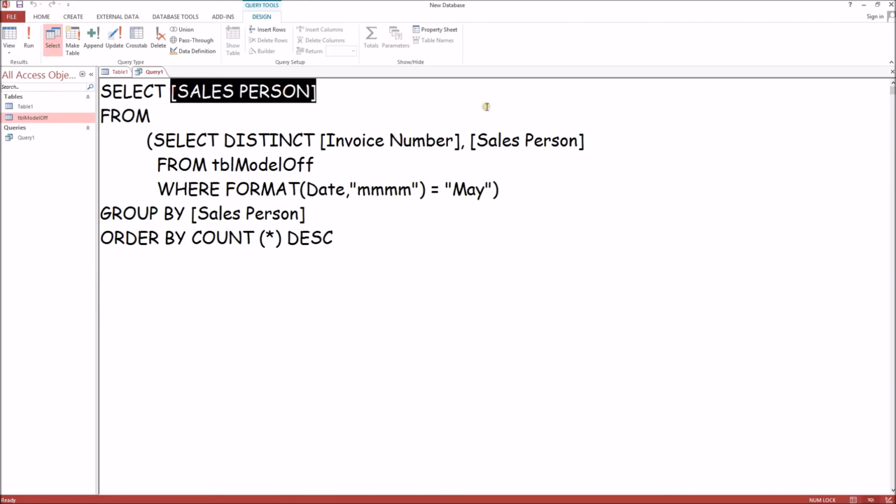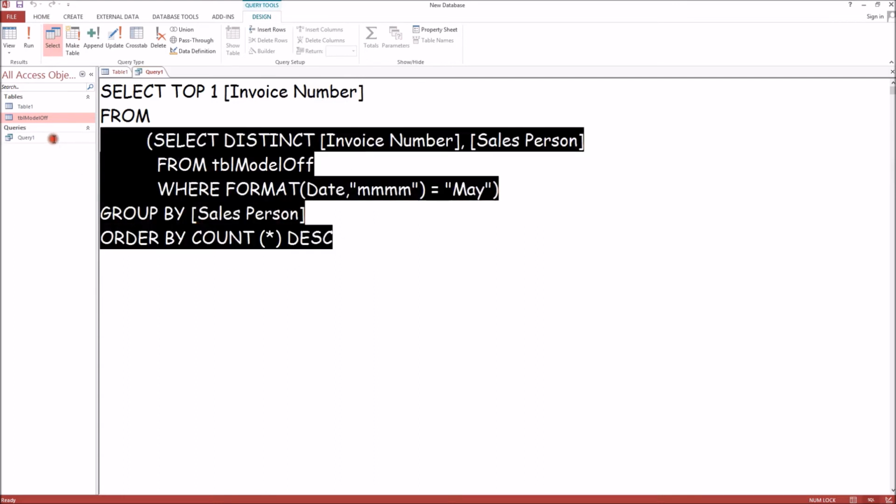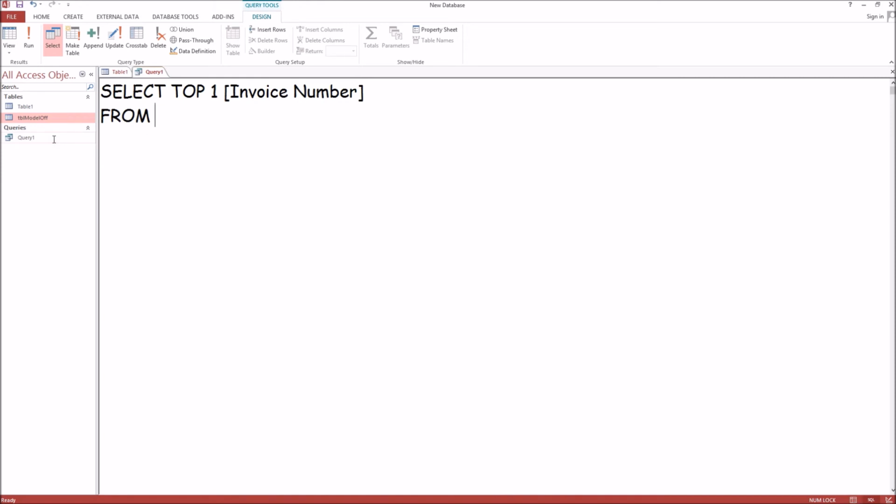So since we're asked to identify only one record, let's use top one, invoice number from our table where salesperson is like Wendell, wildcard,